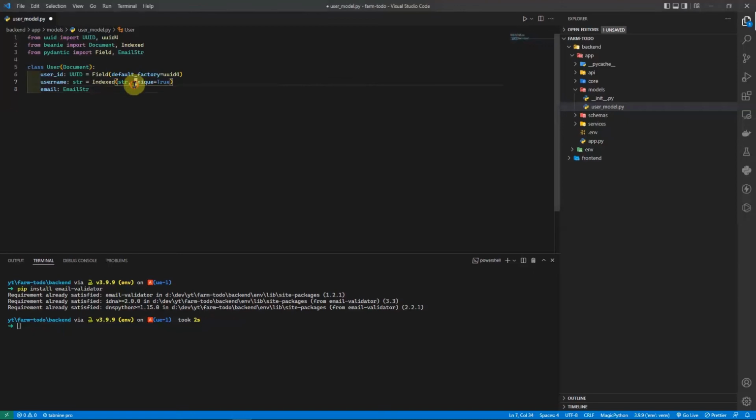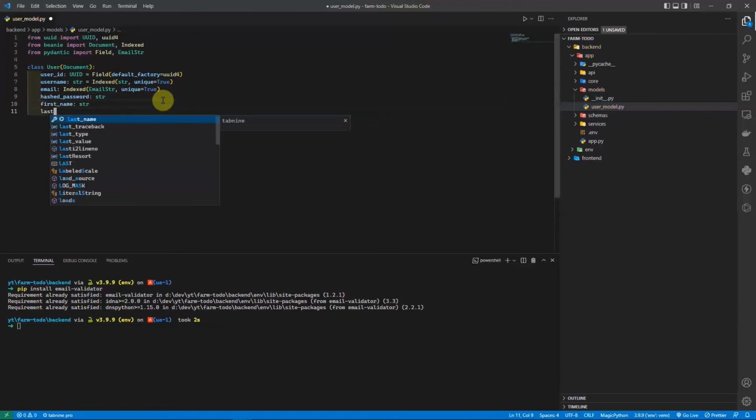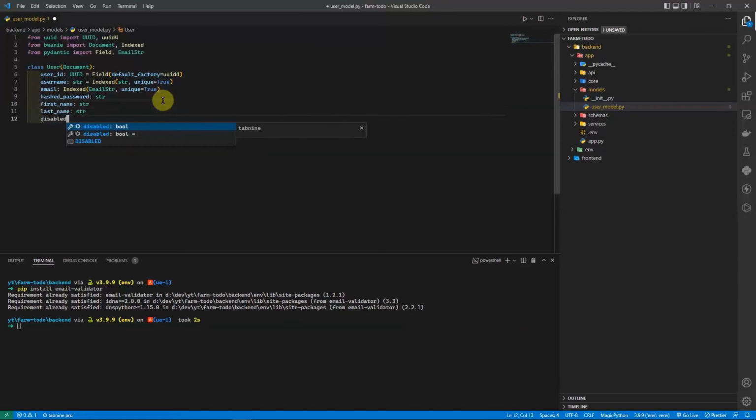So email should be indexed, and it should be unique. Here it should be email string, and unique equals true. And then we are going to store hashed password, which is a string, and then first name string, last name string, and then disabled boolean. So this will just tell if the user is disabled or banned for some reason from